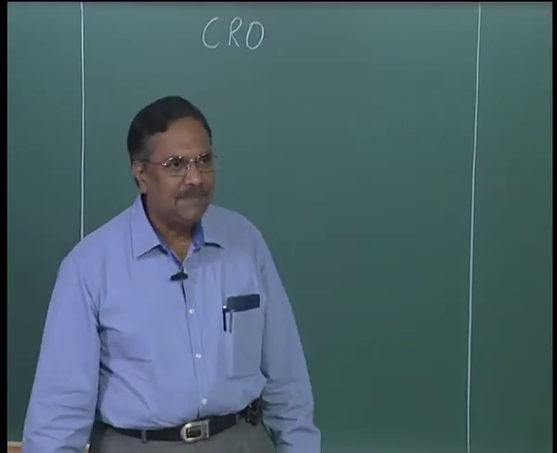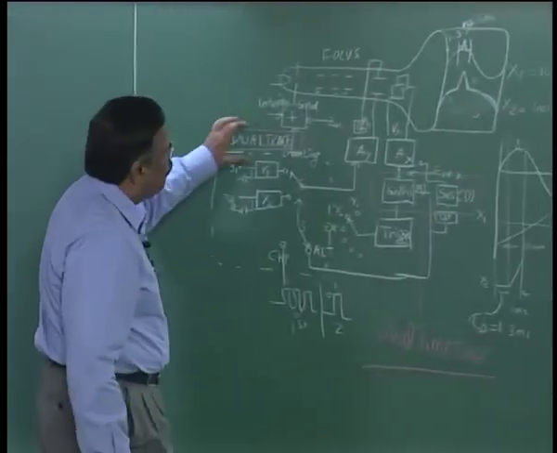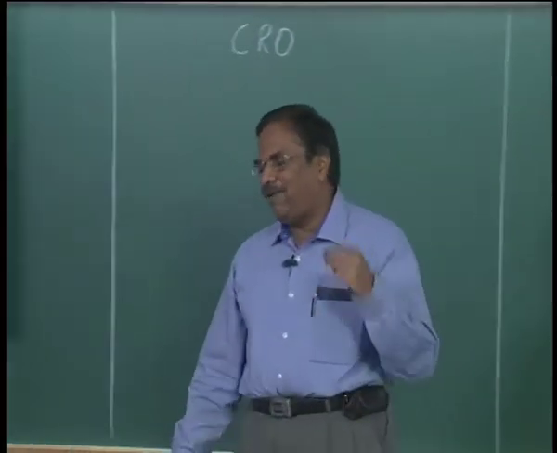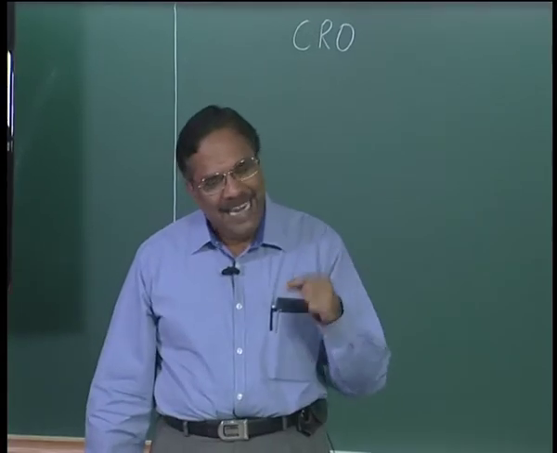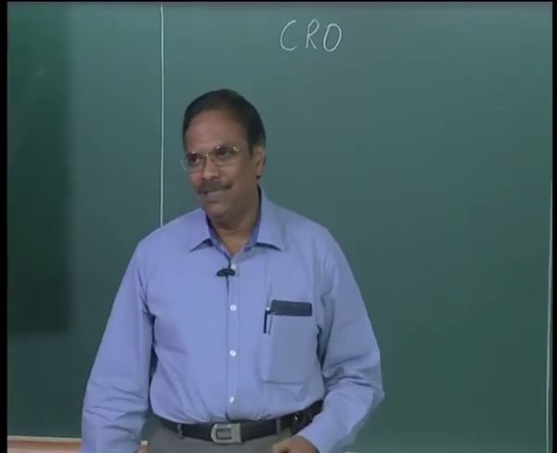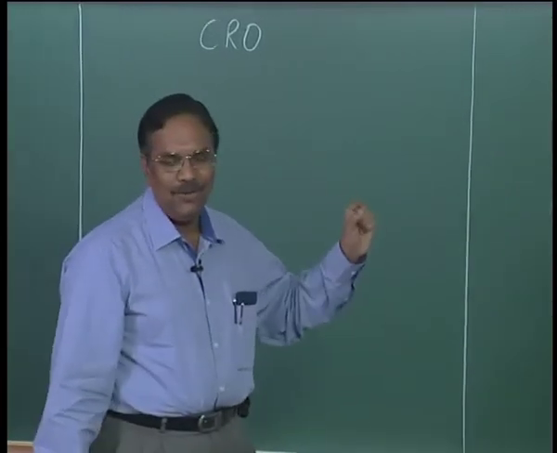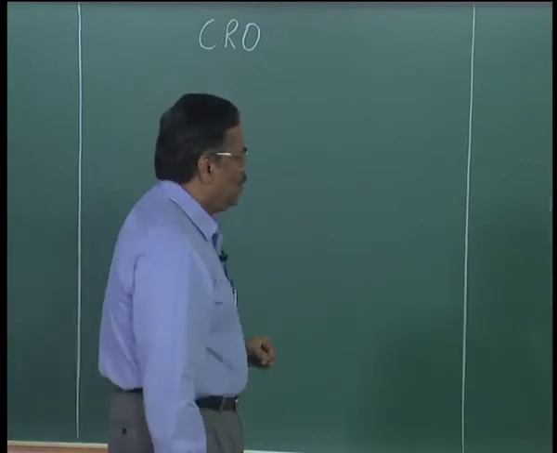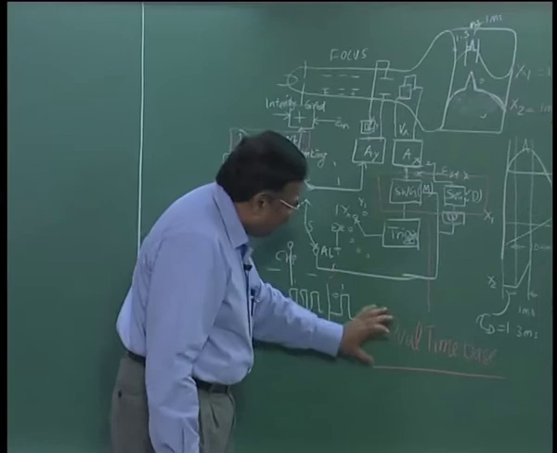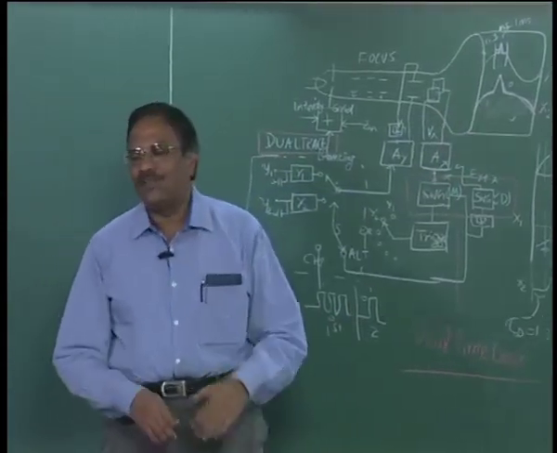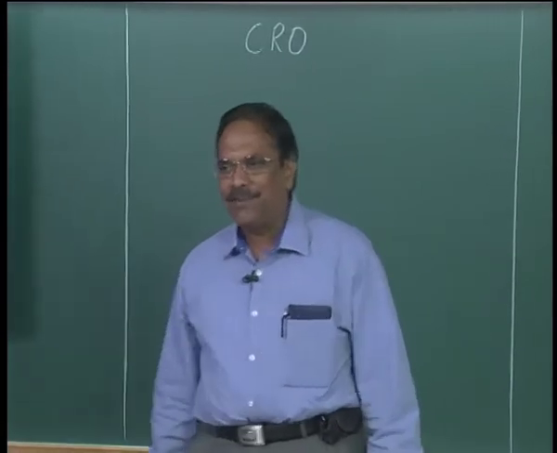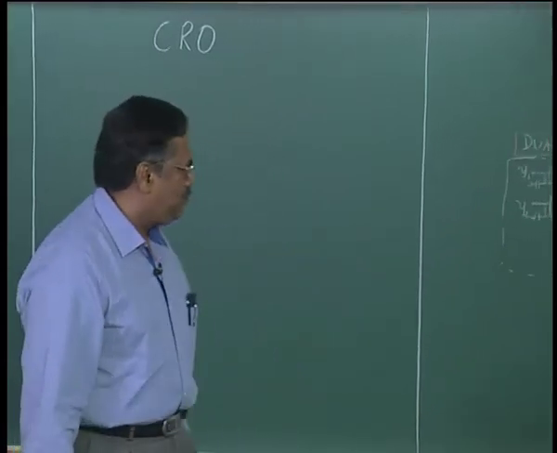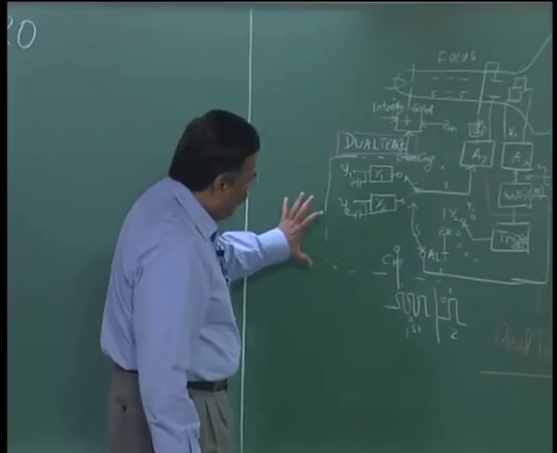Okay. So it is possible to see more than two waveforms if I have dual trace and dual time base. I can show y1 and y2 and I can also show the delayed signal of one of them, not both. I can show y1, y2 and the delayed signal of either y1 or y2. So which means if I have dual trace and dual time base, it may be possible, not all oscilloscope manufacturers give you this facility, but some manufacturers do, you can see three waveforms, not two.